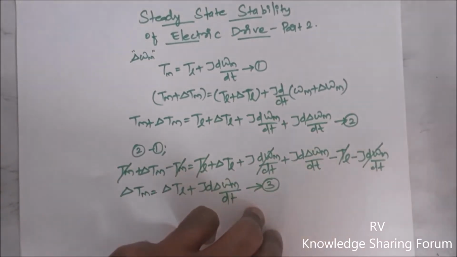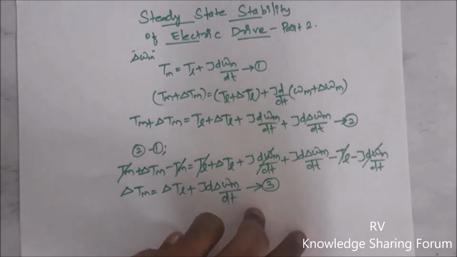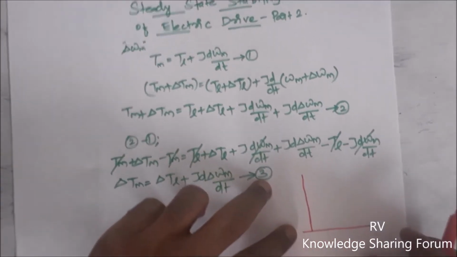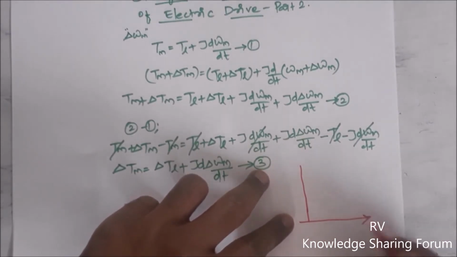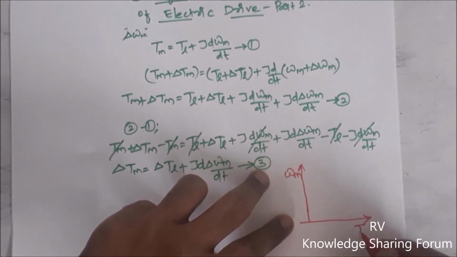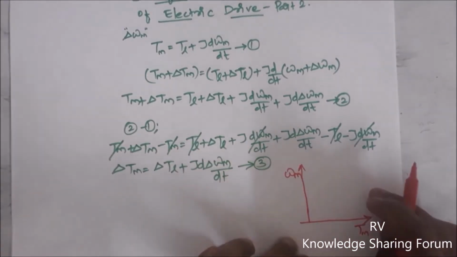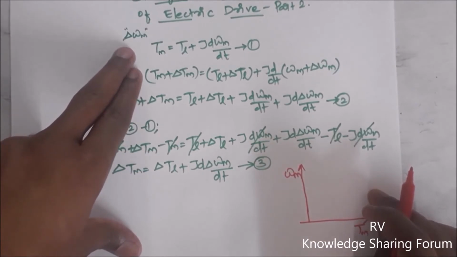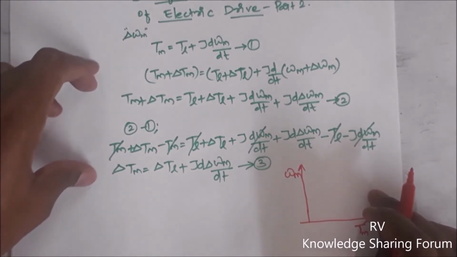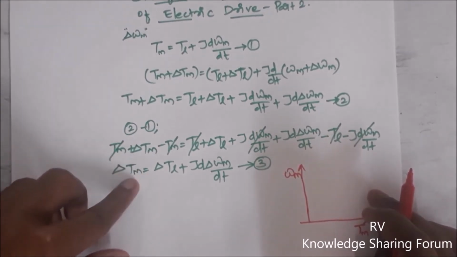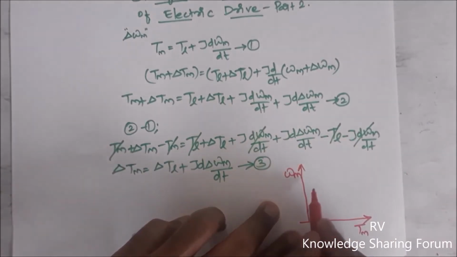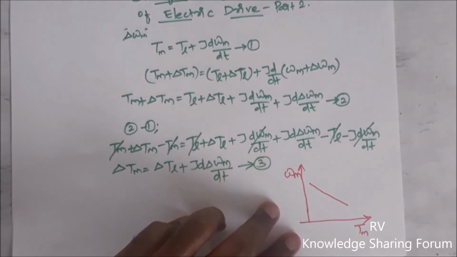For that, I am going to consider a speed torque characteristic. This is your speed and this is your torque. Now, here we are trying to change the speed, that means we are trying to increase the speed. Therefore, we have a change in the torque. So, let us assume that the change in this torque due to the change in speed is the slope of a straight line. So let us draw the straight line.